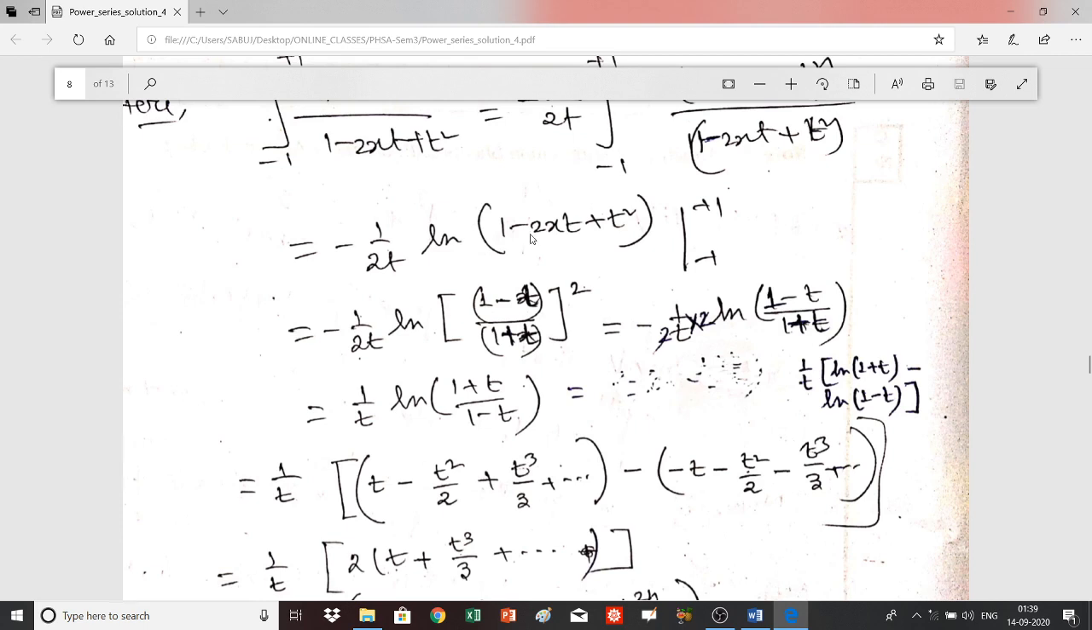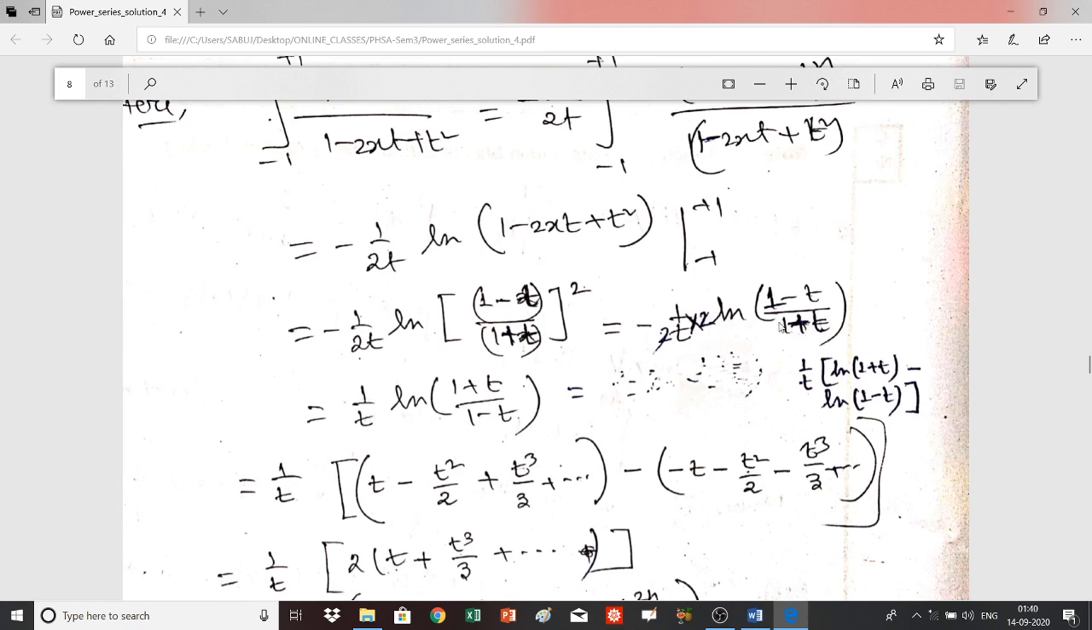So this term will give you minus 1 by 2t times the natural log of ((1 minus t) by (1 plus t)) whole square, and from this the 2 will come out, 2 log (1 minus t) by (1 plus t). So finally you get 1 by t,